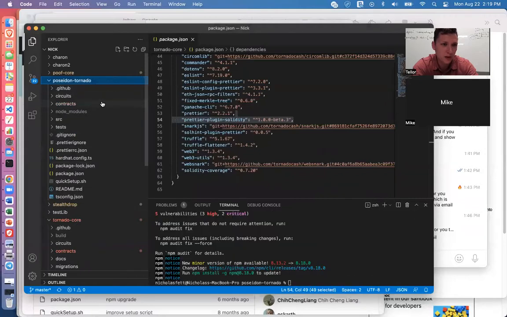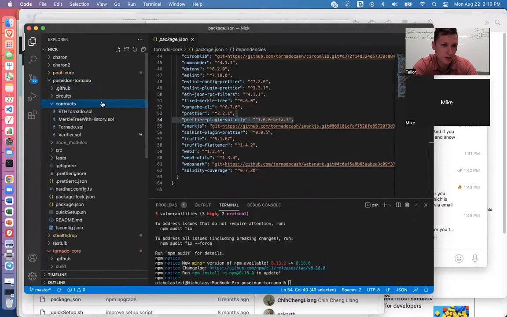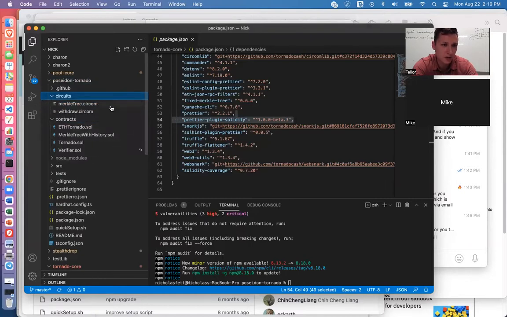But there's two main structures in the Tornado Cash contracts. There's the Solidity contracts here, and then there's the Circom files. These are the circuits. This is where the zero knowledge proofs are, the bread and butter. And we'll get into that. So in the Solidity contracts first,